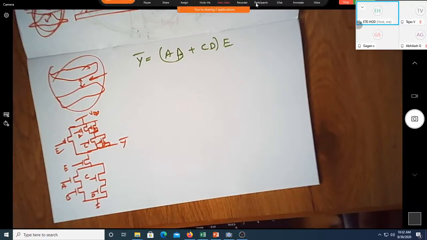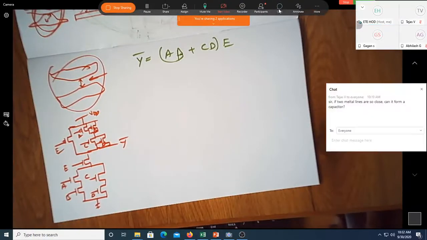Okay, are all of you done? Please put in the chat box. Are you done with the layout? Not the layout, the schematic. Now we have to draw the layout for this. Okay, 1, 2. I think most of you are done. Okay, let us now go to drawing the layout.